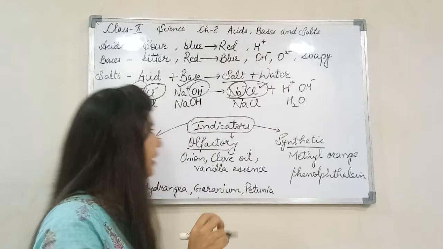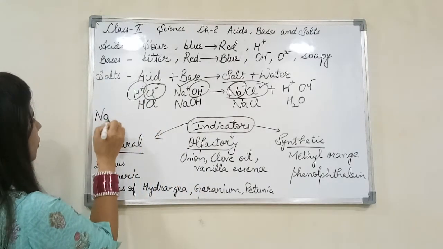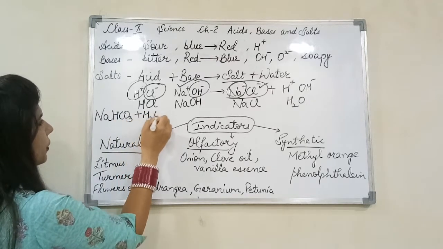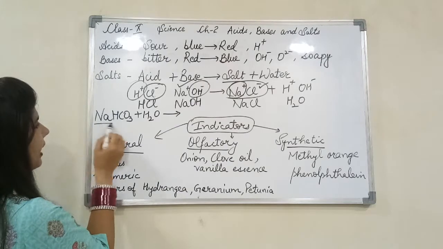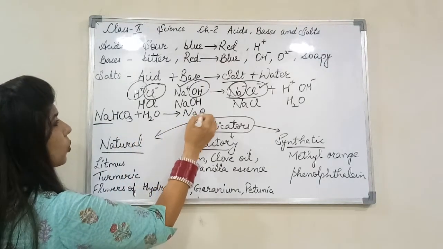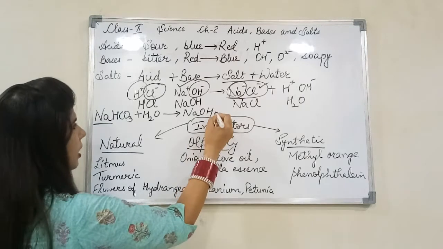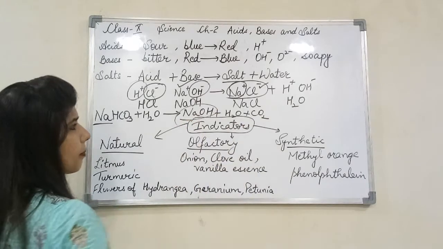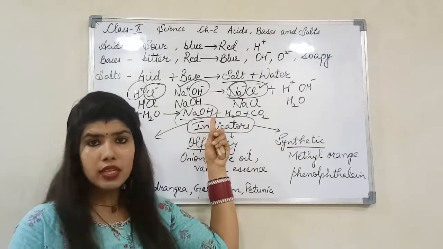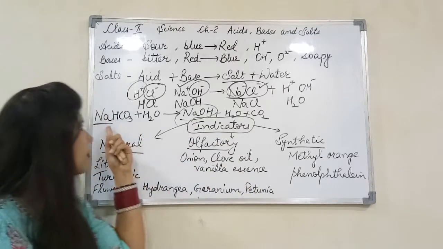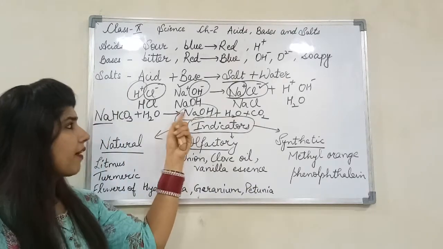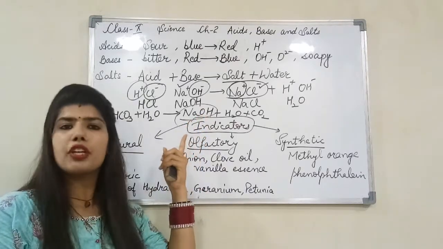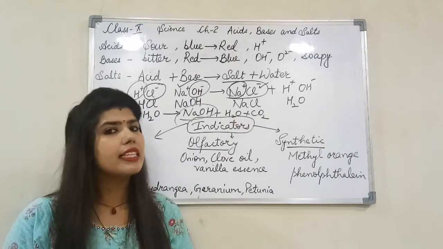So whenever we add water to sodium bicarbonate, we will get NaOH. Sodium hydroxide comes out, along with H2O, and CO2 gas also comes. So who is playing an active role over here? Sodium hydroxide. So obviously the answer is sodium bicarbonate solution, because it gives us sodium hydroxide, and being a base, it has a tendency to nullify the effect of acidity and thus to decrease the acid in the stomach.